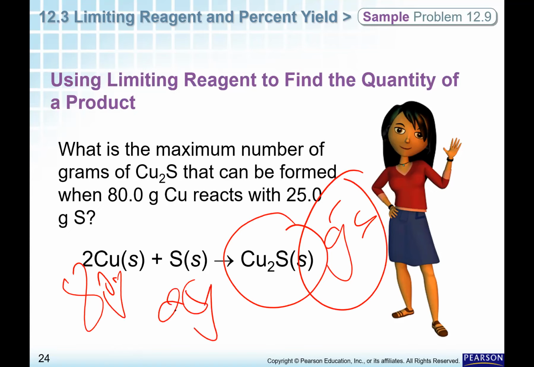In order to answer this question, to find the grams, you need to know which one is the limiting reagent, and that is the one I'm going to use. Because you know that we have two conversion factors between